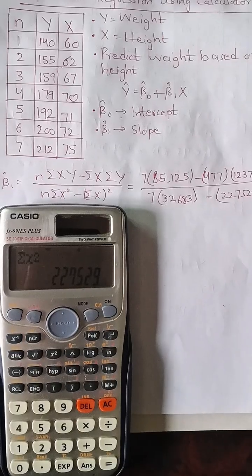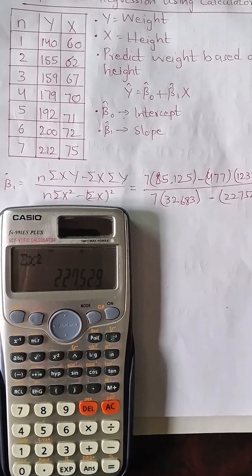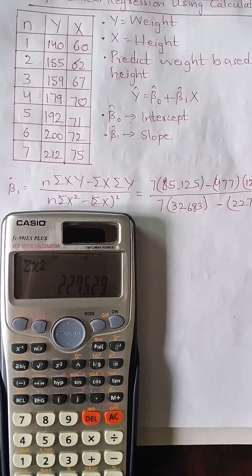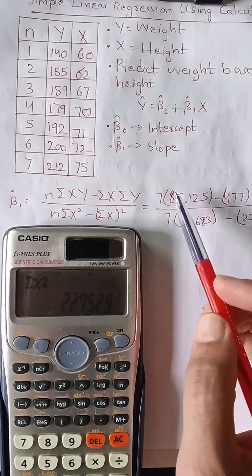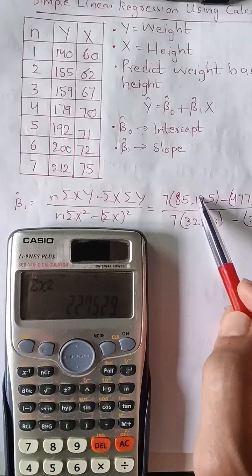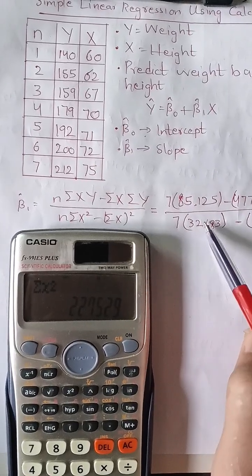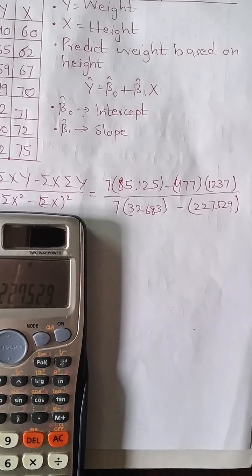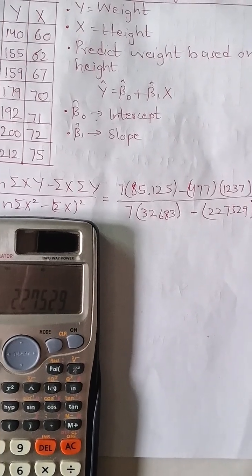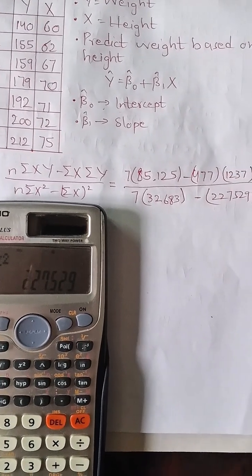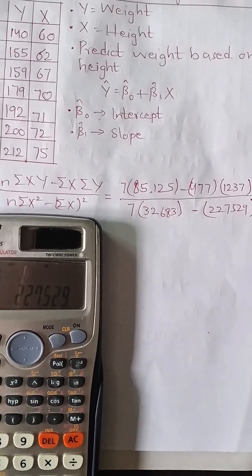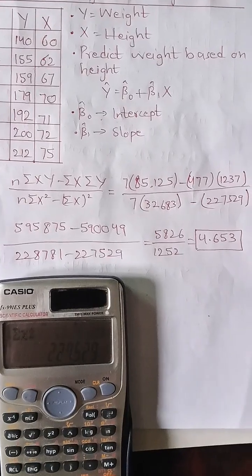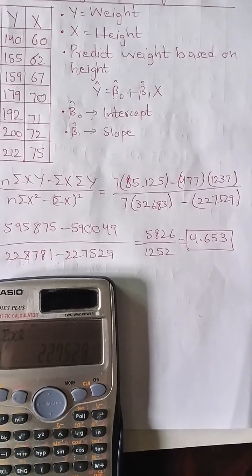Remember to also multiply the number of observations with the first element of the numerator and the first element of the denominator, such that I have multiplied 7 with the sum of xy and 7 with the sum of x squared. After solving these, we get the answer for beta 1 hat. So let's solve this. Now I have solved this and got the answer of the slope coefficient, which is